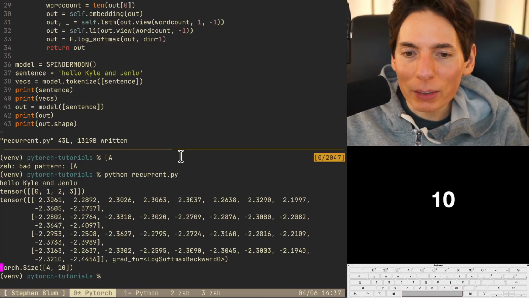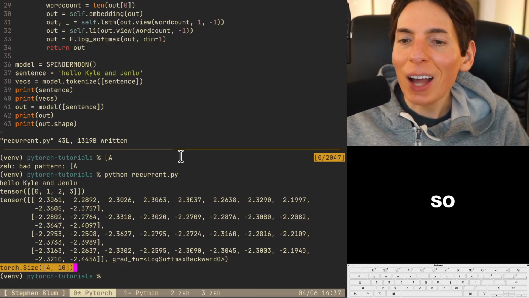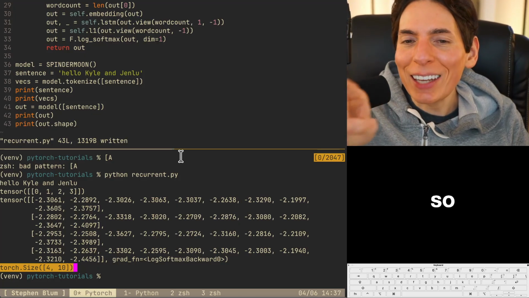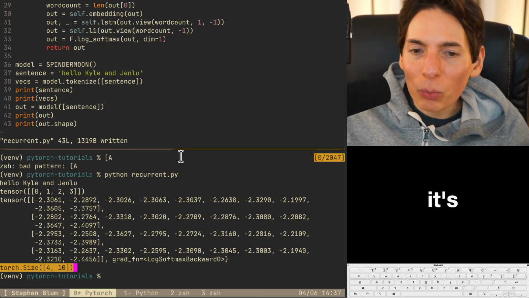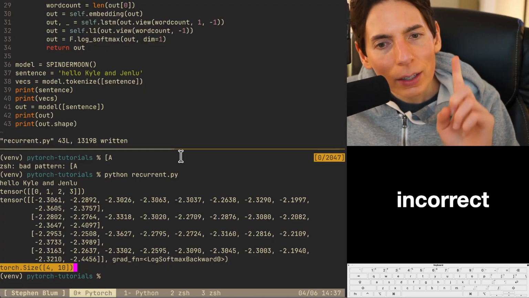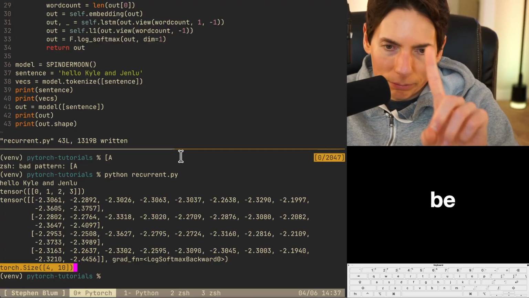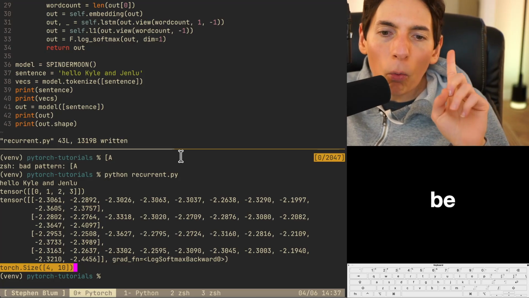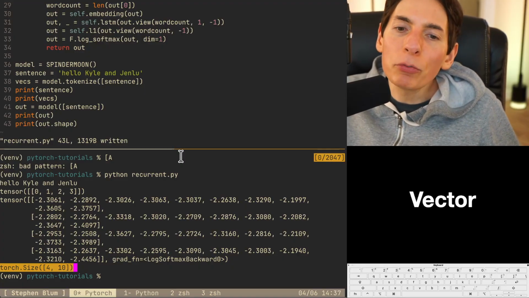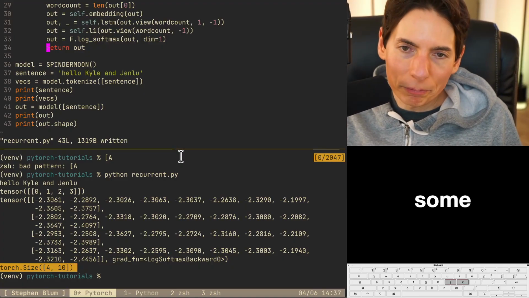With 10 outputs right there. Although it's size of 4, which is weird, so it's not really right, but it doesn't crash. So we're going to take that as a win. It's not the right output. Is it though? No, this is incorrect. It's supposed to be 1 vector, and it gave me 4 vectors. So we got some work to do. We do have some work to do. However,